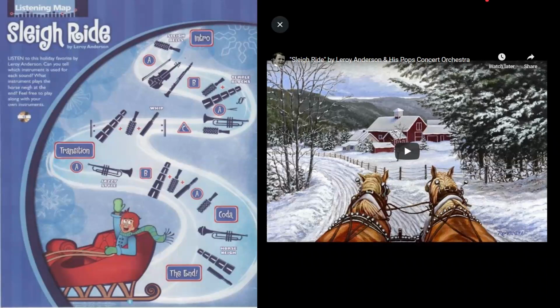This is a fun song that we are using to learn about form in music. So you should have seen on the other slides about form in music. When we have form in music, it just means that certain parts of the song sound the same as other parts of the song and they match. And then there are other parts of the song that repeat and sound the same in different parts of the